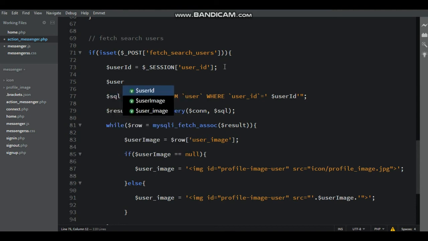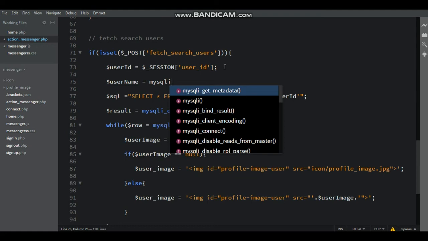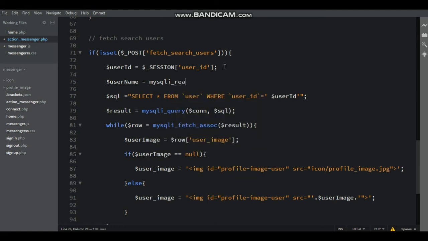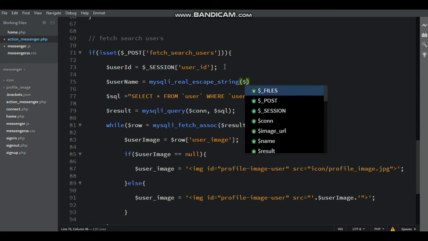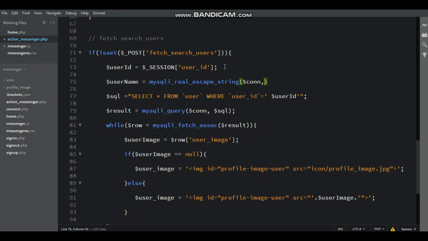Write $username equal to mysql_real_escape_string, inside brackets having two parameters, that is $connection comma, the search user's name.